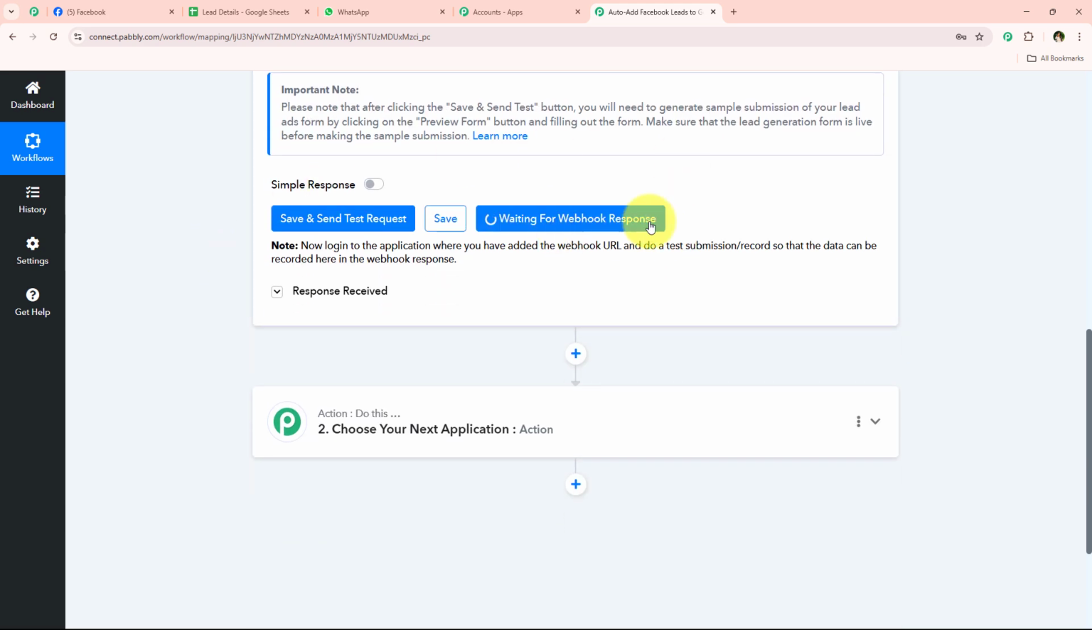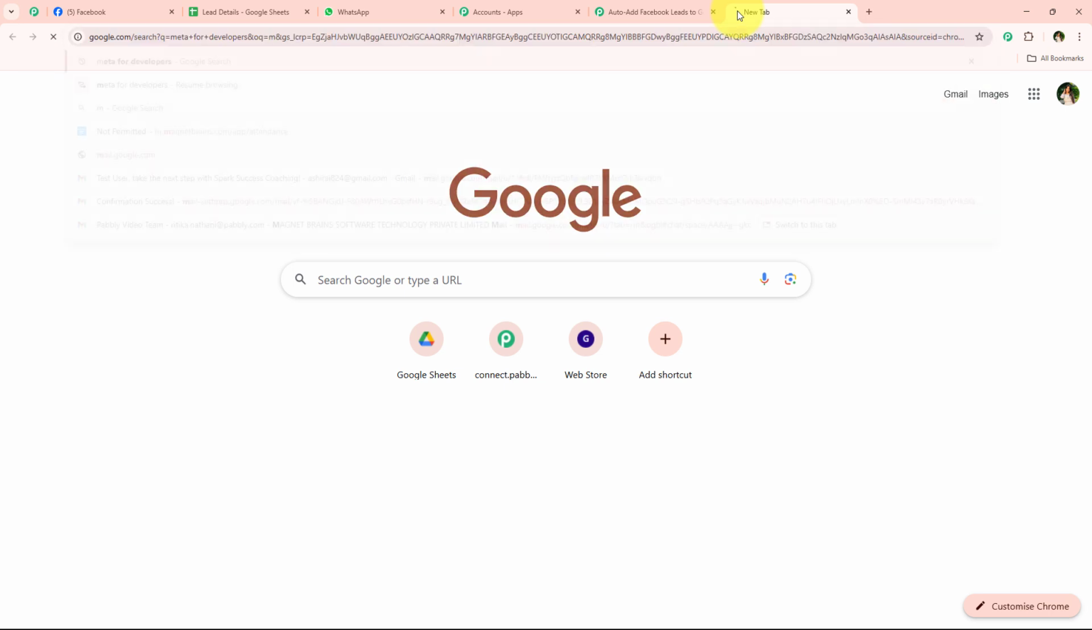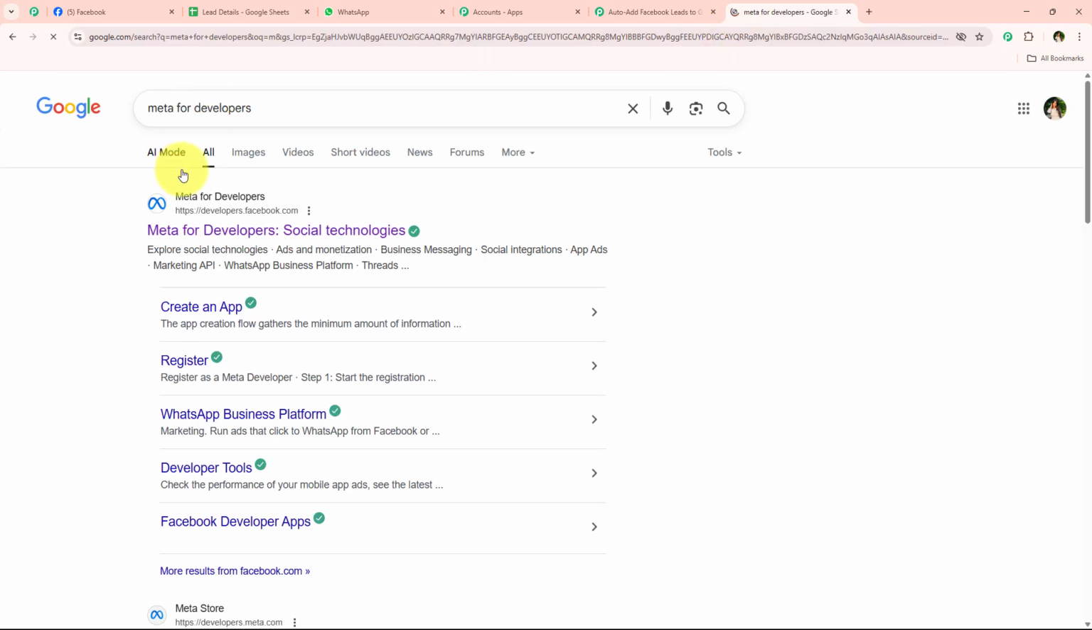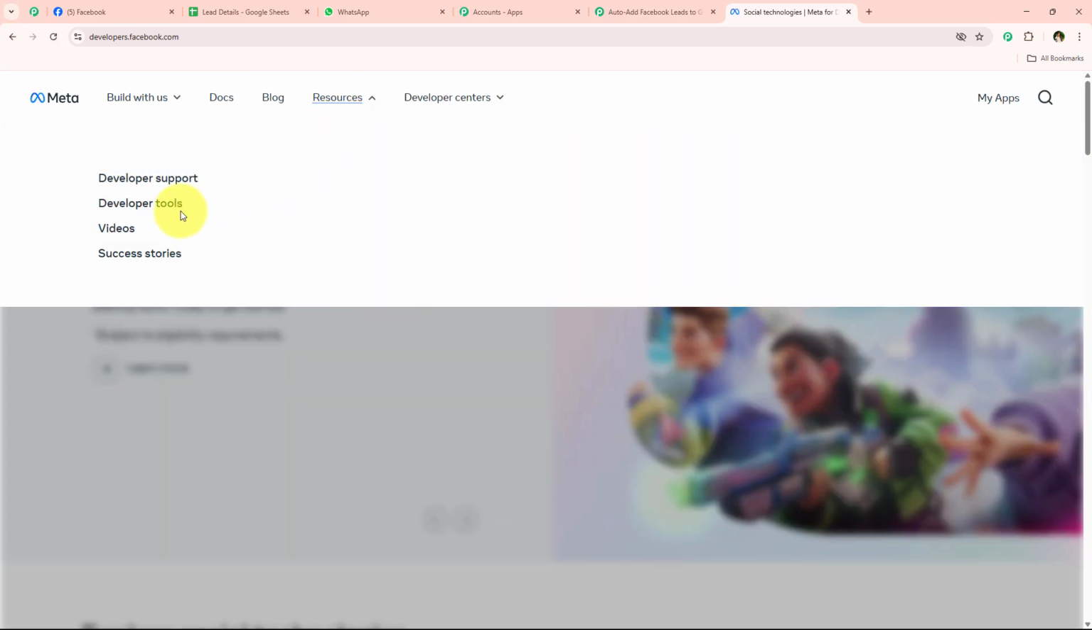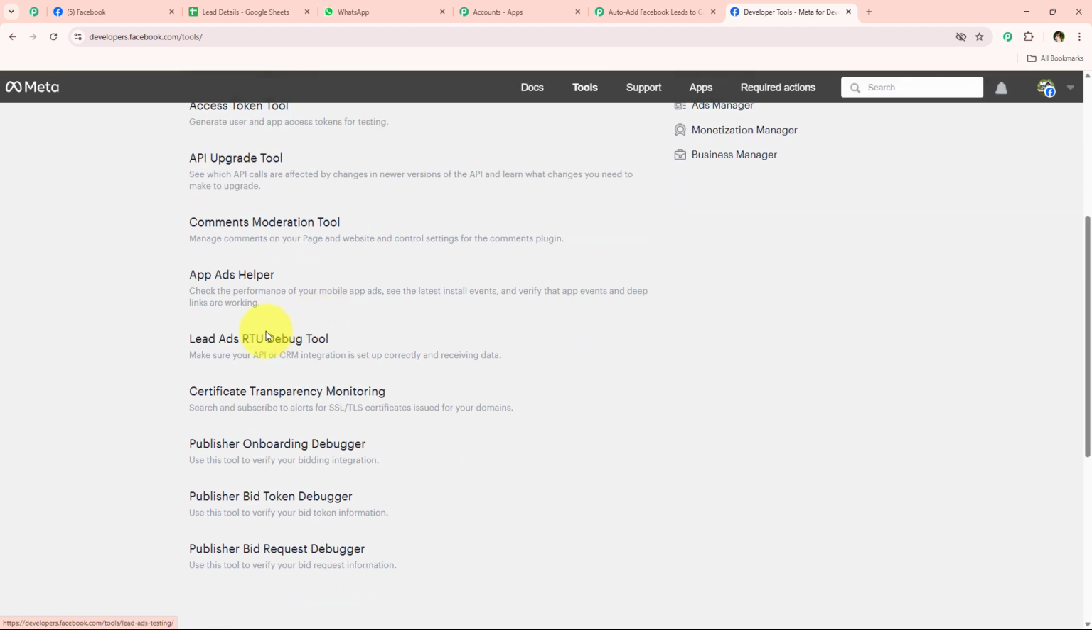Now it is saying waiting for a webhook response, and in the notes it is saying do a test submission or record. So in order to capture this webhook response, we have to do a test submission or record. So what I'm just going to do is I'm just going to open a new tab and I'm just going to look for Meta for developers. And then I'm just going to open the landing page of Meta for developers, and from here we have to go towards this resources, developer tools, and then we have to scroll and look for lead ads RTO debug tool